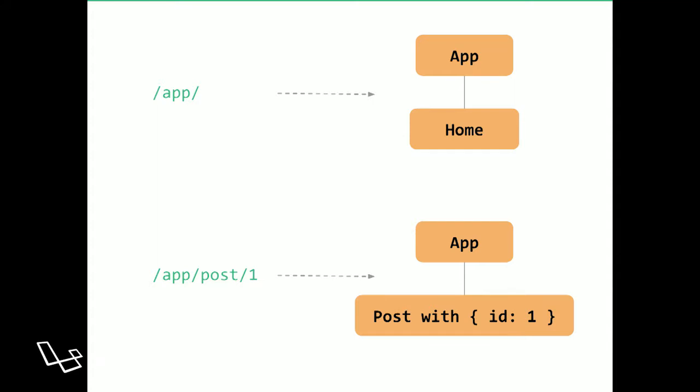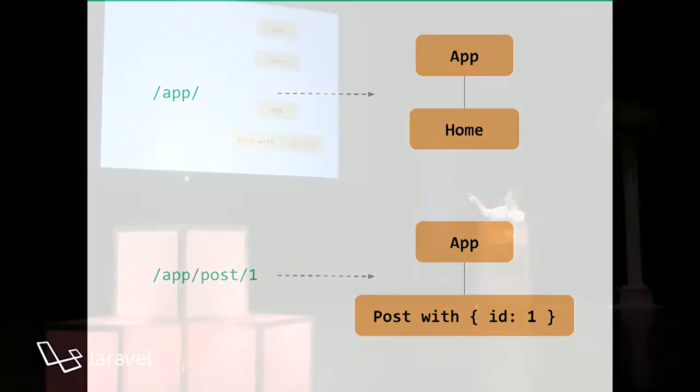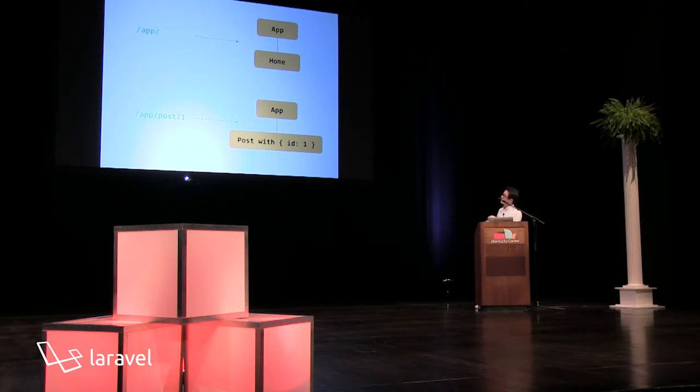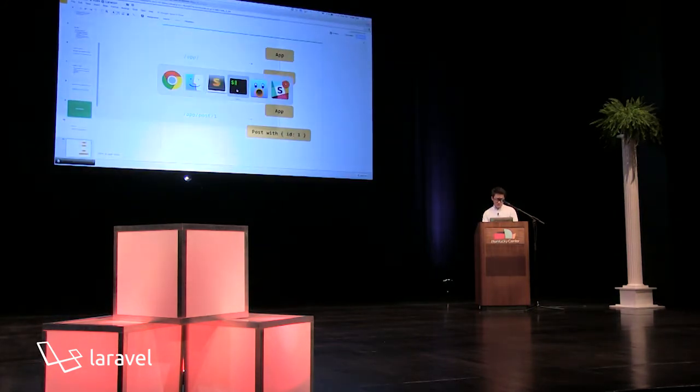If we make the part after post a dynamic segment, it becomes a param for the route, and the post will be rendered with params, knowing that id corresponds to 1. So this is a high-level view of what actually happens when you use a router like that and you navigate between pages. So let's do some demos,